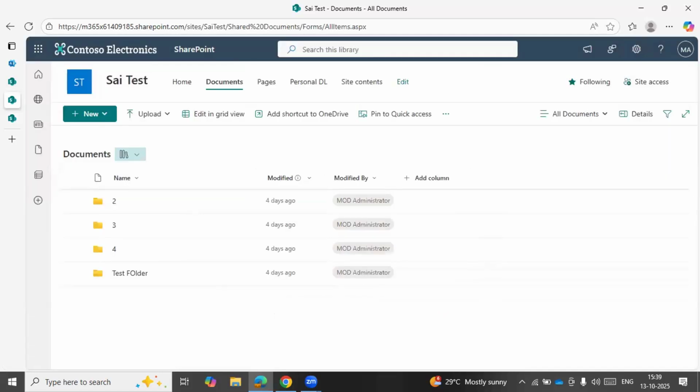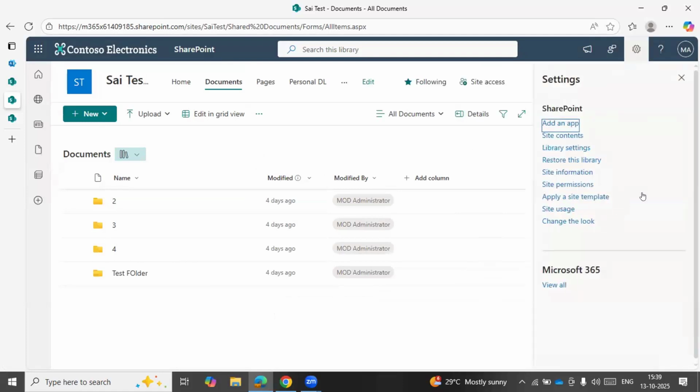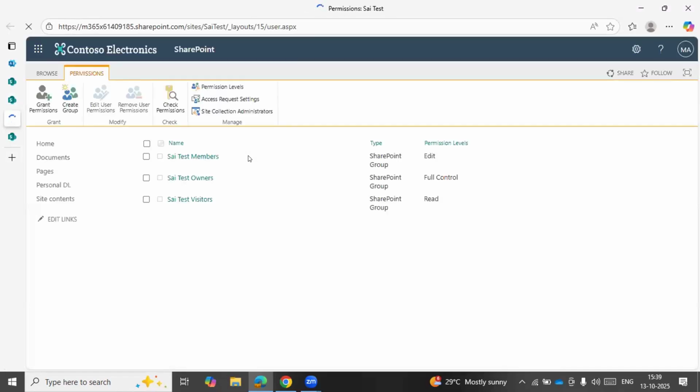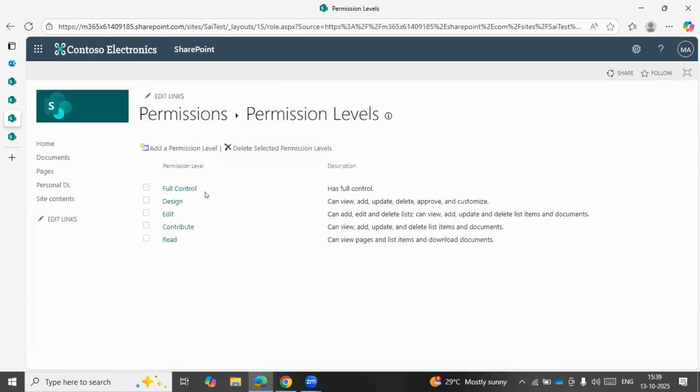All right. So now we'll move to the permissions part. What all permissions do we have? We'll navigate to the site permissions, advanced permission settings. If we talk about permission levels, we have 5 default permission levels, which is full control, design, edit, contribute,